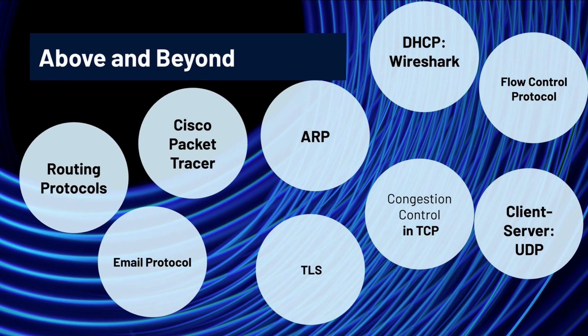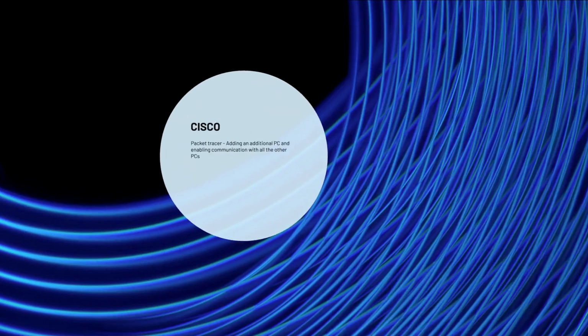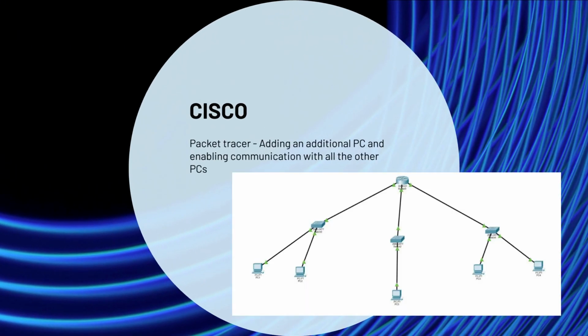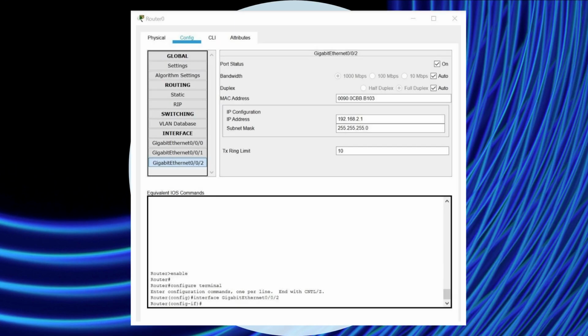For this activity in Cisco Packet Tracer, we were to add an additional PC. I've connected another switch to the router, and through that switch I've connected the 5th PC. In order to do this, first of all, I had to change the router's configurations in order to handle one more gigabit Ethernet connection. The IP address for it has been set in the router as